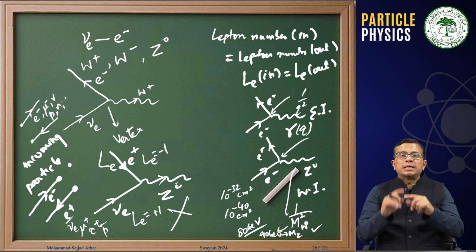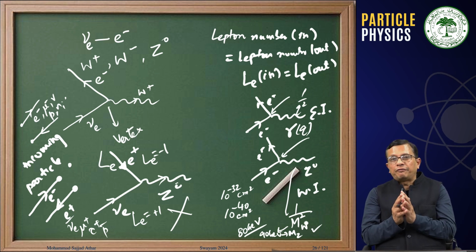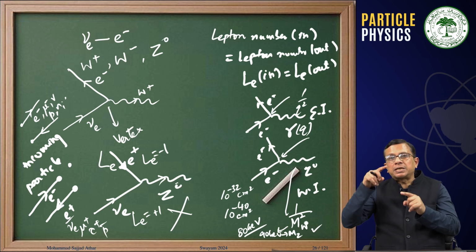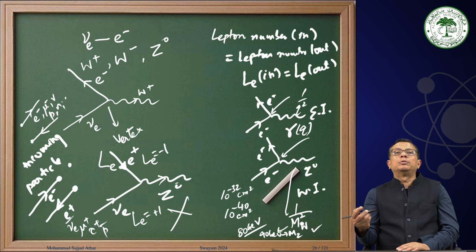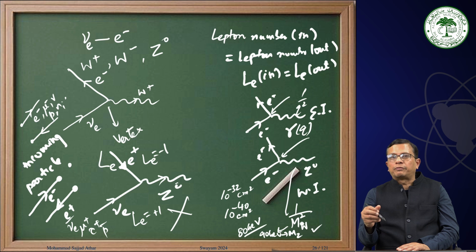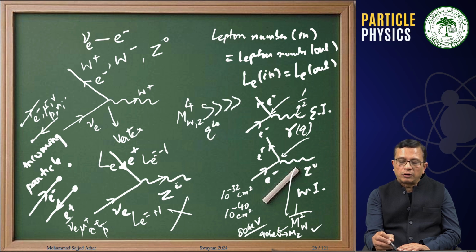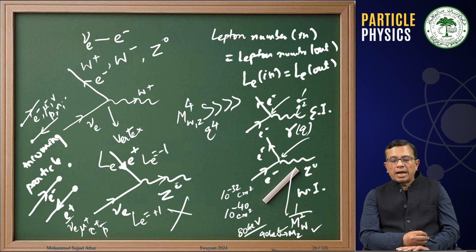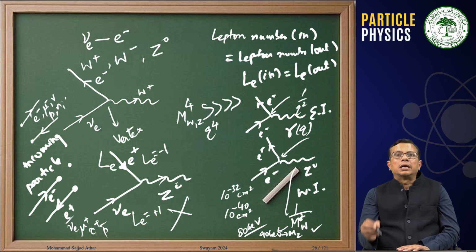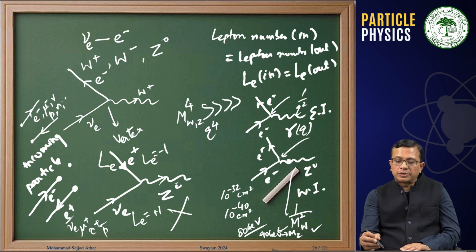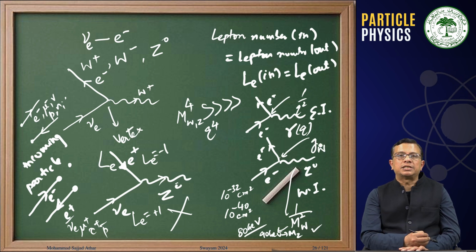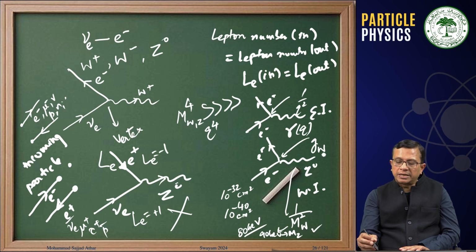This 1 by 80 square is at the matrix element level, but we know from Fermi's golden rule that we have matrix element square, and therefore this will be 1 by mW to the power 4 or 1 by mZ to the power 4. And when it is 1 by mW to the power 4 or mZ to the power 4, this is like an elephant in front of q to the power 4, and that will suppress this process a lot. Therefore, one is the coupling strength. Here we write that coupling strength as GW for the weak interaction, or GZ if there is a Z exchange, and this we write